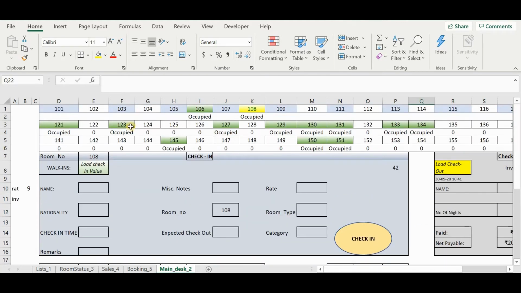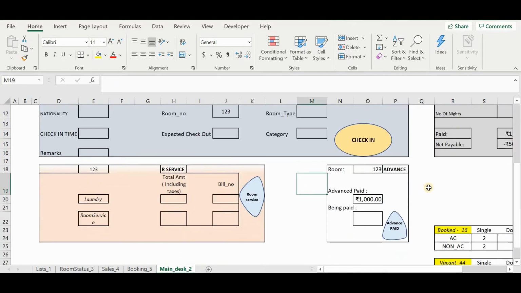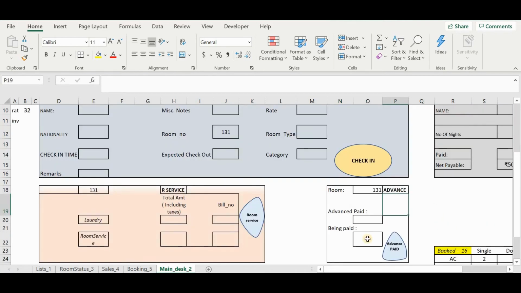Now if I want to see, just come to 123 and I want to see what is the advance paid. It shows 1000 already paid. So this is a very simple area which tells us how much advance has been paid by which party. So let me just see 131. They have not paid anything. Let's say 500.